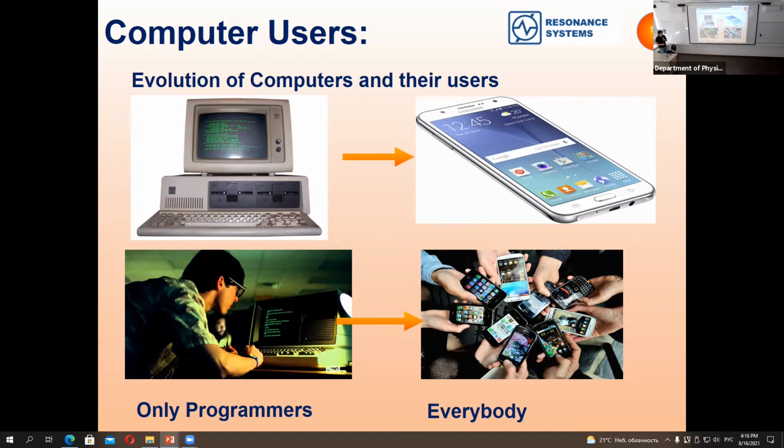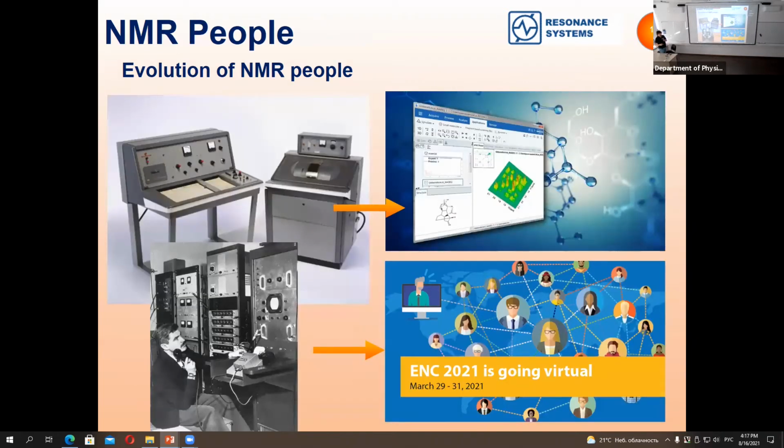Now things changed, possibilities are growing, and now every one of you has a computer, and everybody is using a computer. So this is the trend of common progress. The same is happening to NMR. All the devices, you had to be a chemist, you had to have knowledge in electronics, in programming, in lots of things, and also in magnetic resonance to operate it.